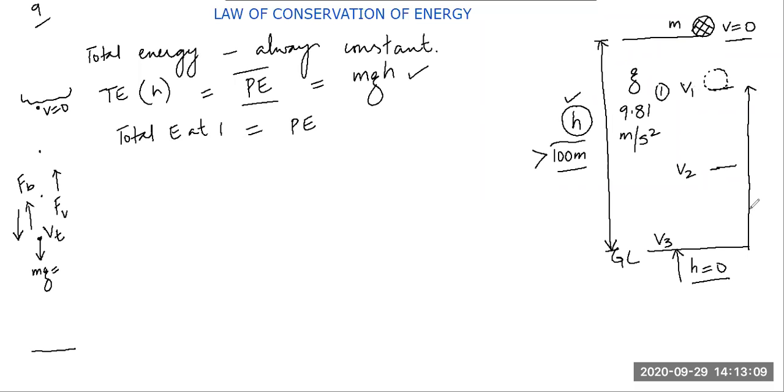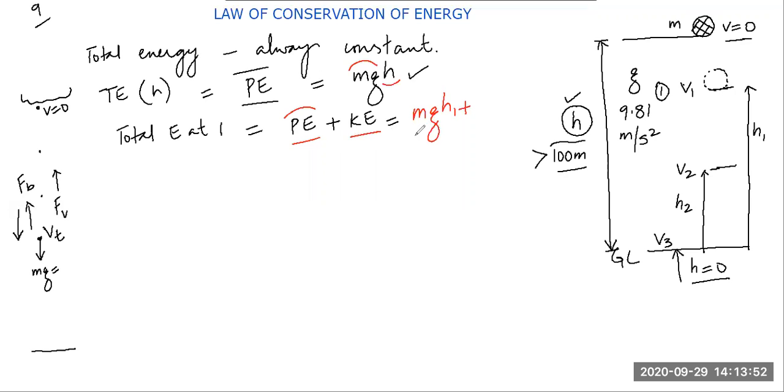Am I right? What is the height? Let's say the height is h1. Here, students, when it is at v2, the height is h2. So at point 1, what will be the total energy, students? Potential energy plus kinetic energy. Please tell me how you will find the potential energy at point 1. The potential energy is simply m into g, mass and g are constant, multiplied by h. So what will be the potential energy at 1? The height is h1. It will be m into g into h1, the height from the ground. h1. Correct.